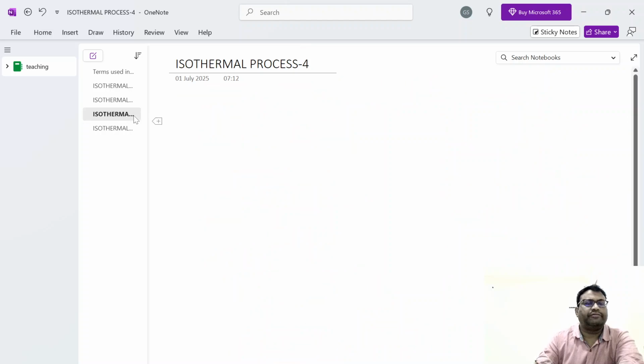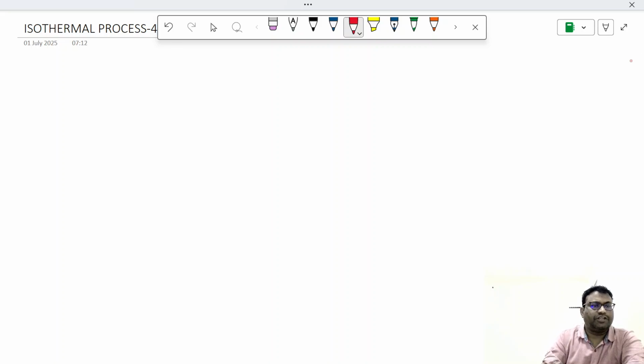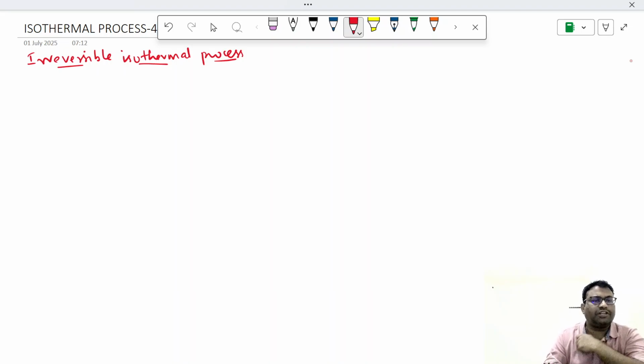Next, the same irreversible process. Isothermal, irreversible isothermal process we are speaking. Irreversible isothermal process. In this irreversible isothermal process,